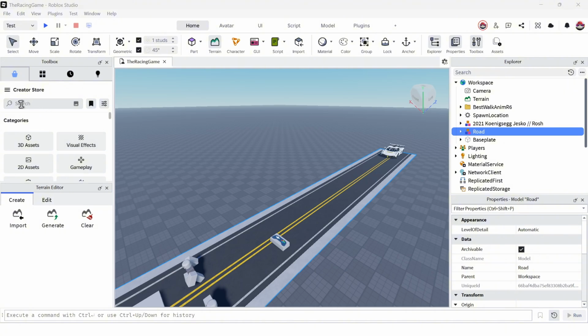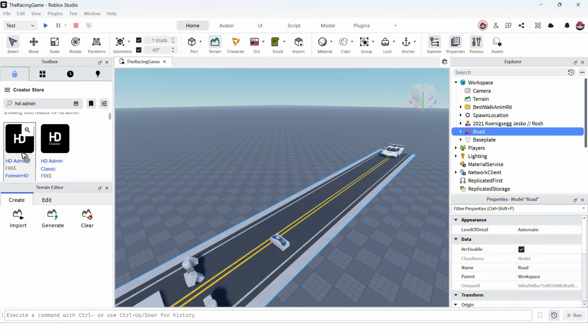Now in this section, just go ahead and click on the search bar and find HD admin. Type it down, just like so. Now click on HD admins under models. So just click on it. Now go ahead and click on HD admin right here for free. So just click on it